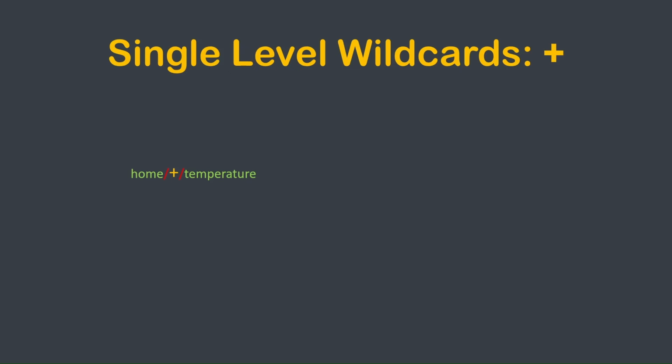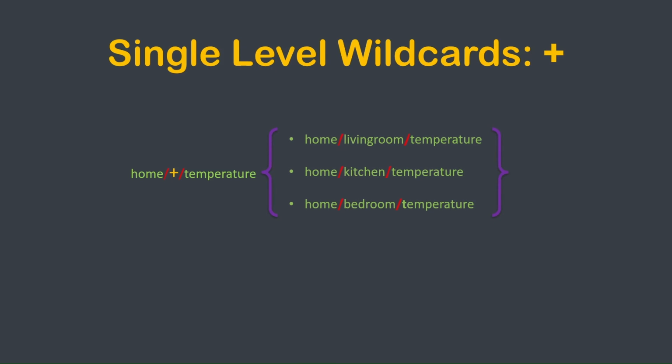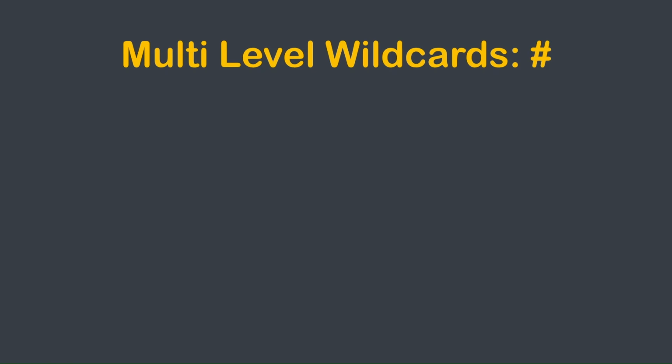For example, subscribing to the above topic with the wildcard will allow receiving messages from all the topics shown in the curly brackets. For example, subscribing to the topic home/+/temperature will allow receiving messages from the topics home/living room/temperature, home/kitchen/temperature, home/bedroom/temperature. Now, the multi-level wildcard is represented by the hash symbol and allows the replacement of multiple